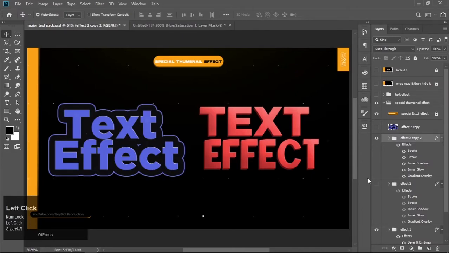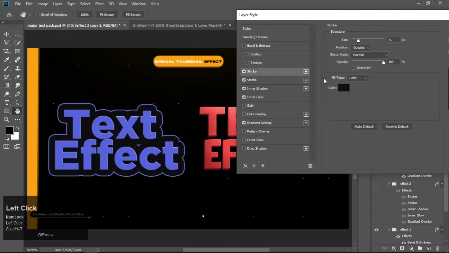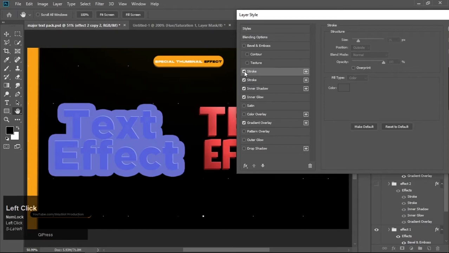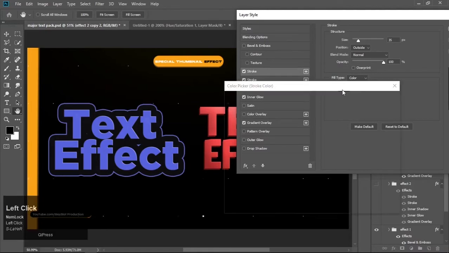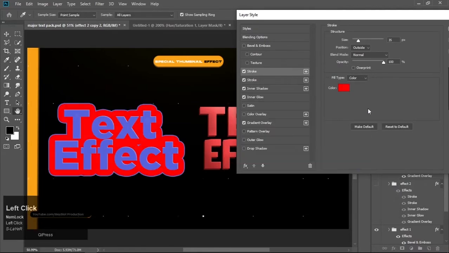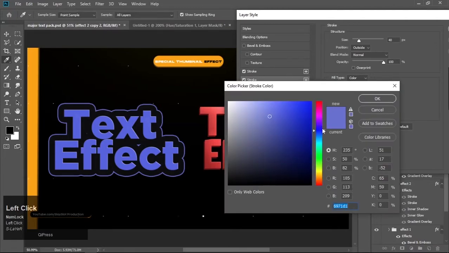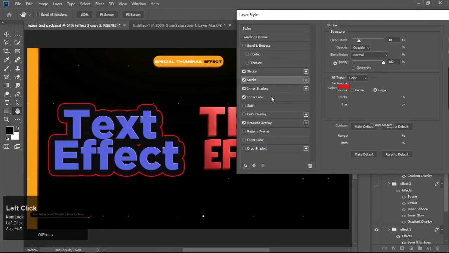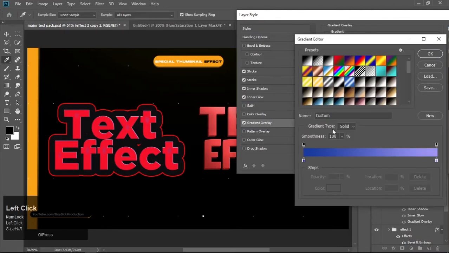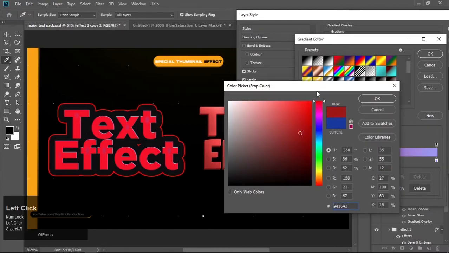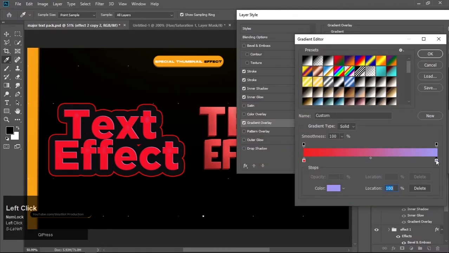In case someone doesn't know how to use it, just double click on it and go on stroke. You don't have to change the black color because black is inside it, and it's the main color, because if you change it like this, it will not go with the text. So you have to change the blue color, and I am taking red. The second stroke is changing outside, and the inner glow I'll also take red, and then the gradient overlay I'll go with the same red. And it's the hardest way to change, but it is also accurate.